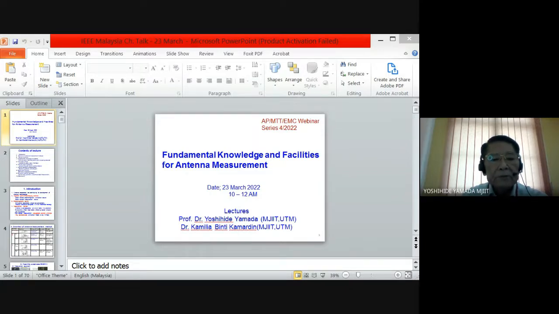And next, for the measurement, antenna should be correctly designed. So fundamental knowledge of antenna will be explained. And from number 5, the fundamental consideration in the measurement. First, the feed cable effect antenna, and next is antenna impedance measurement, and 7, antenna radiation